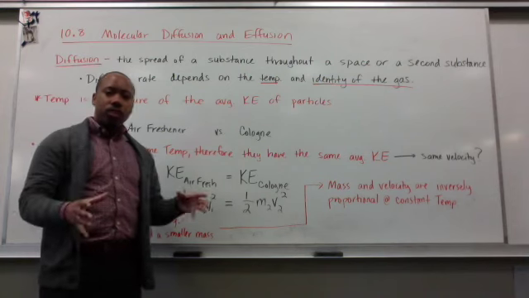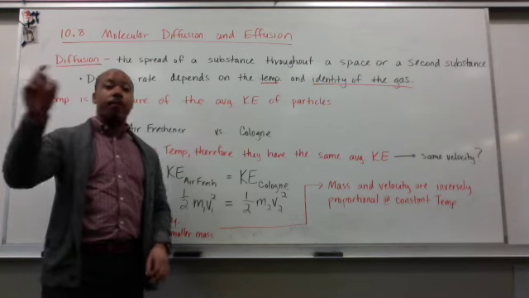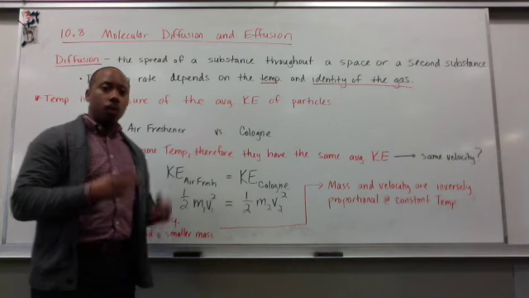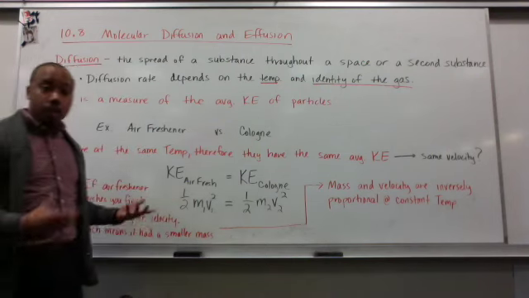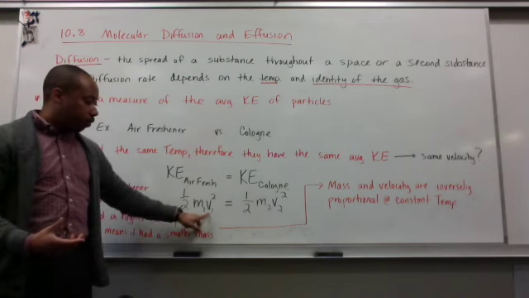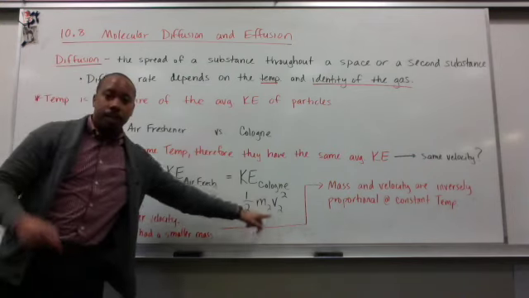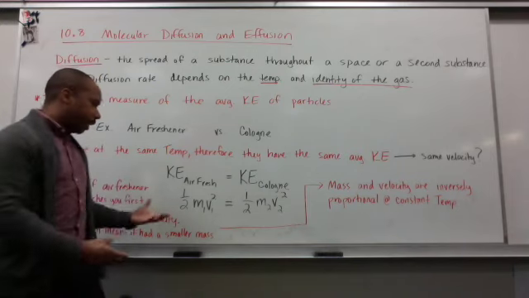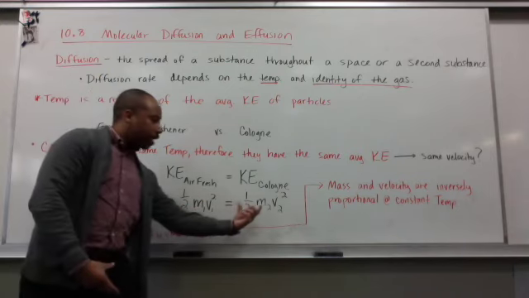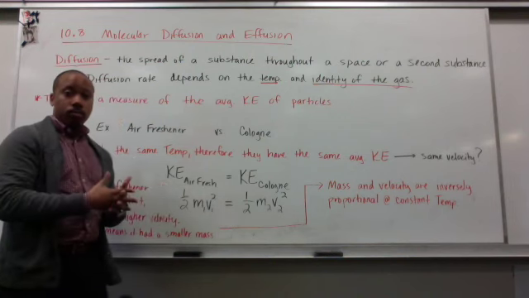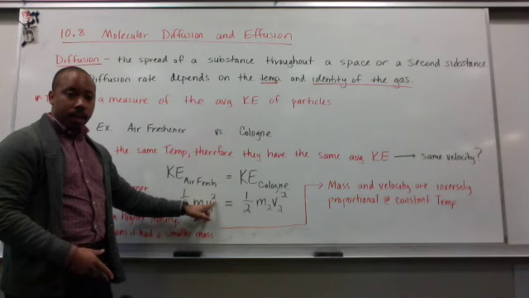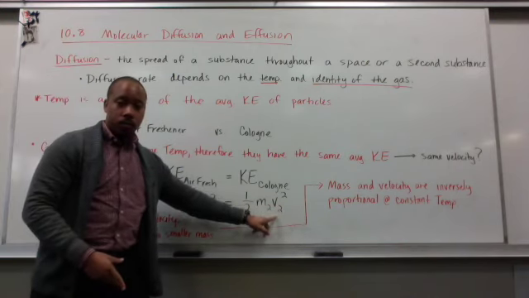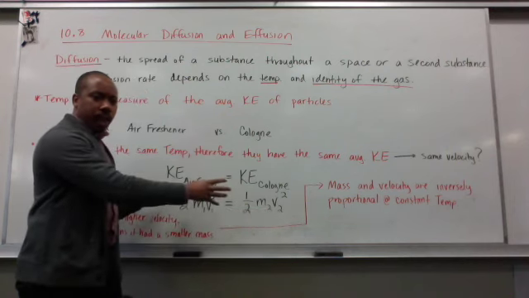Now, let's just say I'll give you the answer, the air freshener gets to you first. Then what does that mean? If the air freshener reaches you first, that means it had a faster velocity, right? This v here was higher than that v because it reached you first. In order to keep this side of my equation and that side equal, if this v is large, that must mean this v was smaller. Okay, but that doesn't give me equalness on each side.